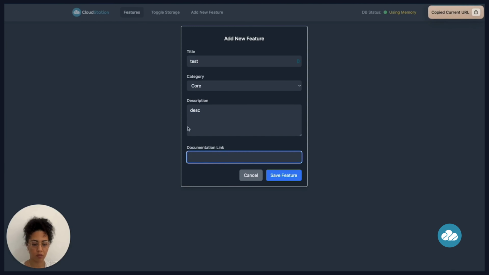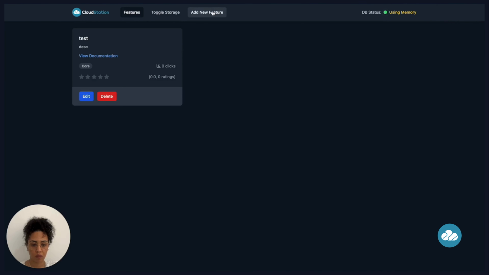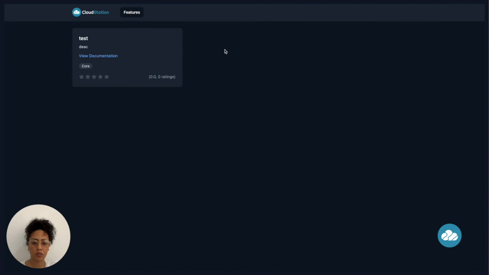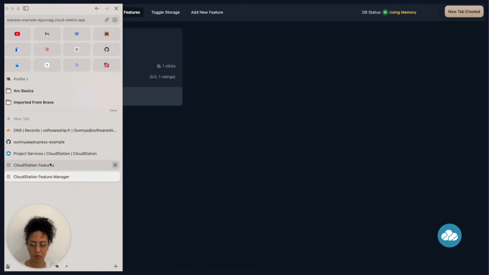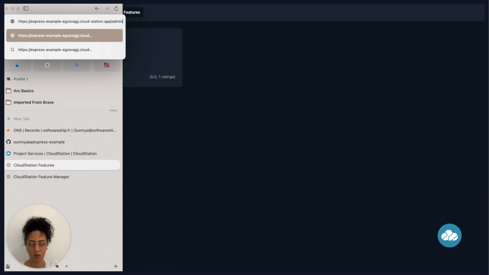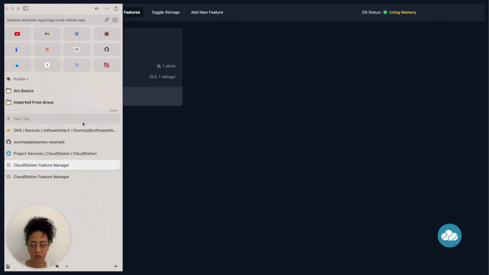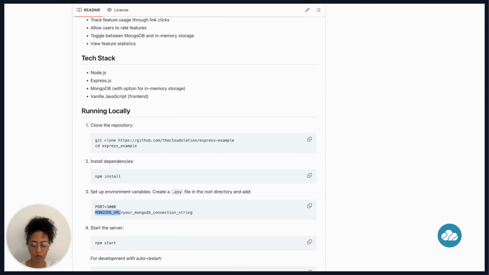And I'm just going to put a random link. So I can also check the user, and the user can rate and view the documents. Alright. And if I go back to the admin view, you should see, yeah, so the one click and the rating. Alright, now the application is running successfully using the memory, but I'm going to go ahead and use the MongoDB